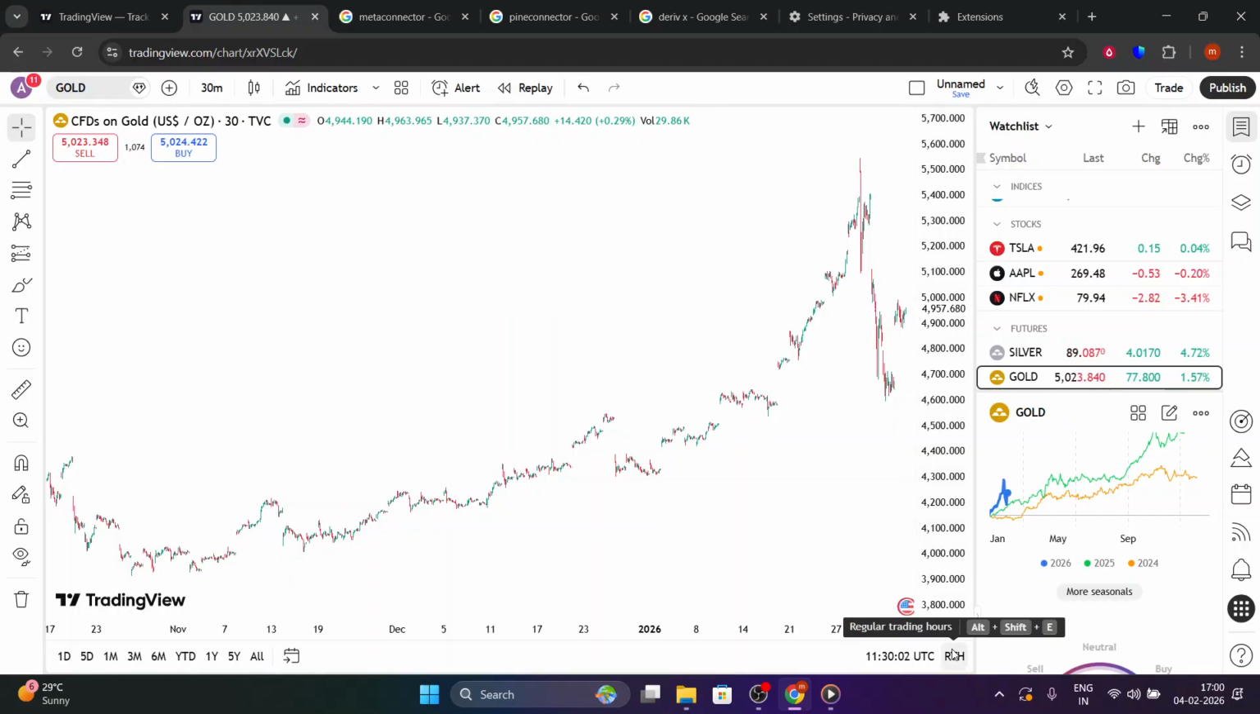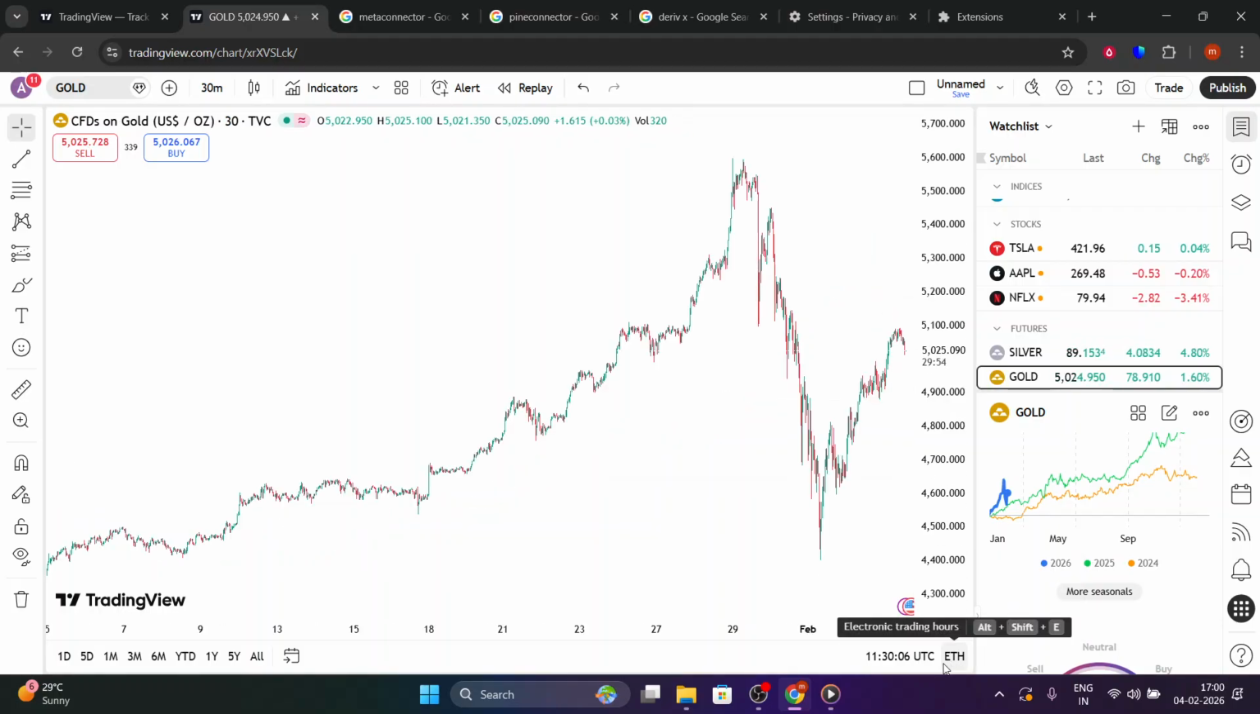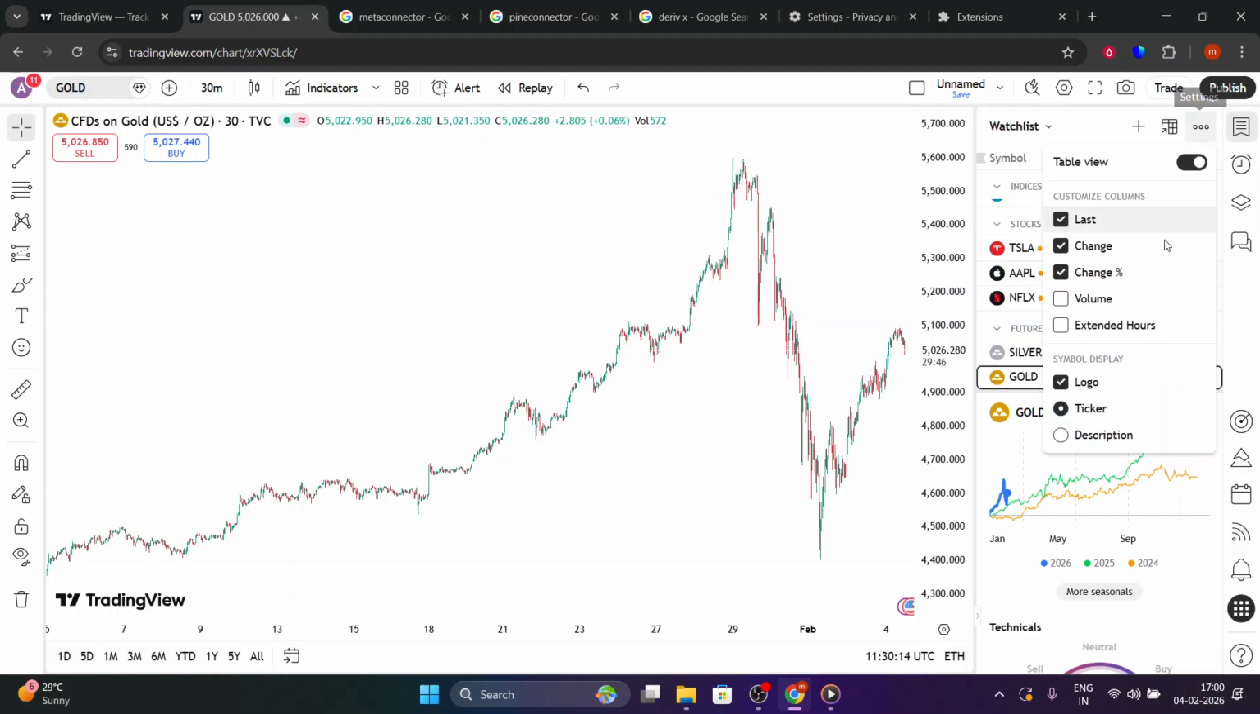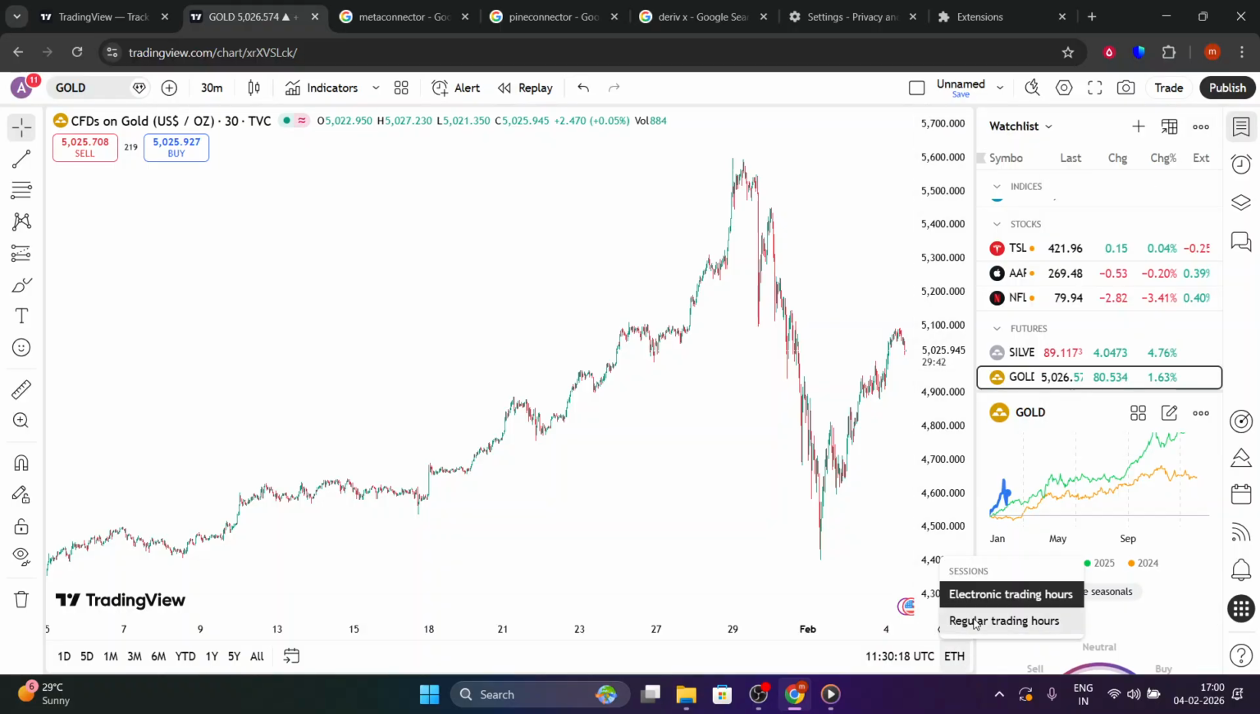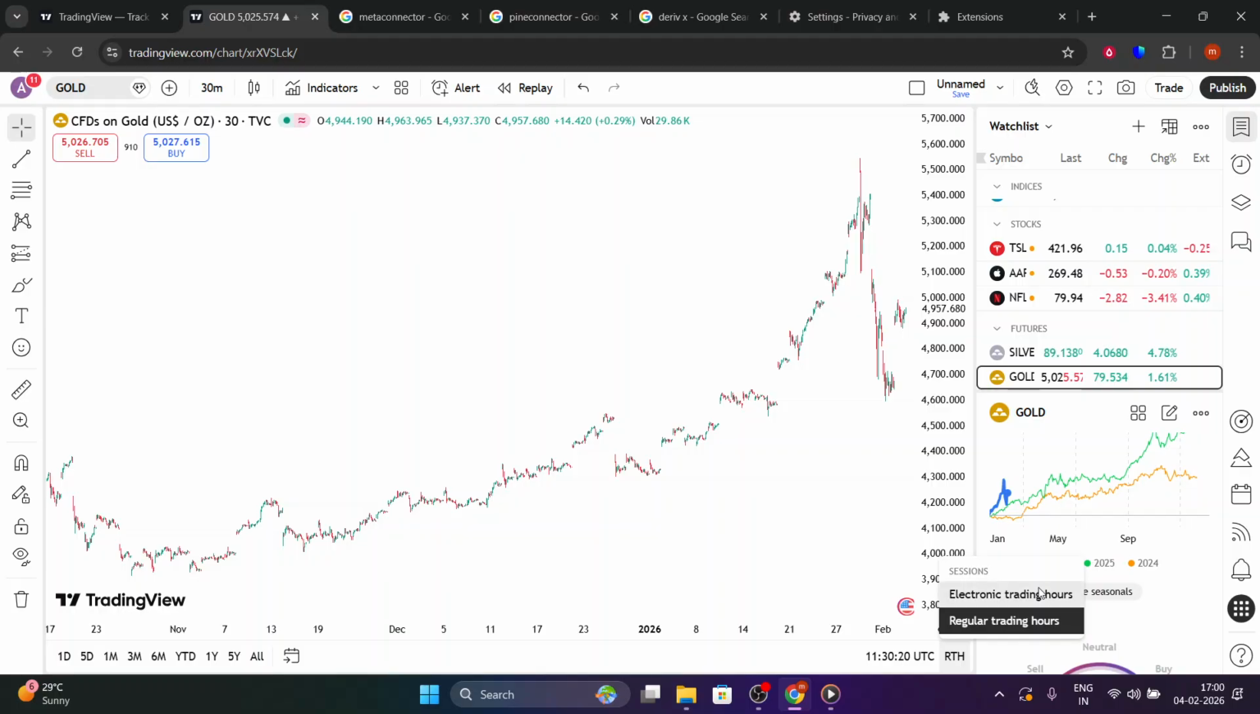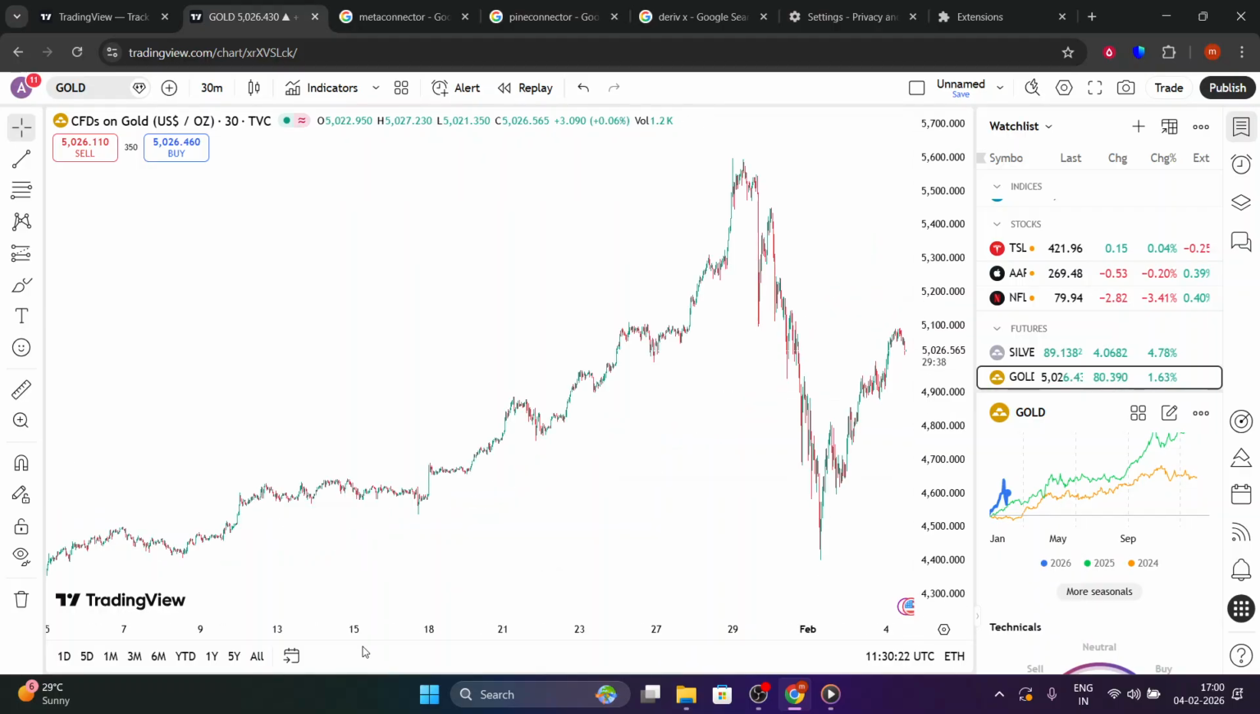With your chart open, look toward the bottom right corner of the chart area. You'll find a small toggle labeled ETH, which stands for Extended Trading Hours. Click that to enable it. The chart should immediately update, and you'll notice price action appears outside the regular session. Many layouts use shading to differentiate these periods, so you can quickly spot what happened before the market opened and